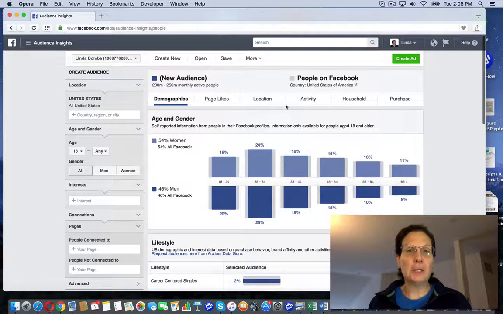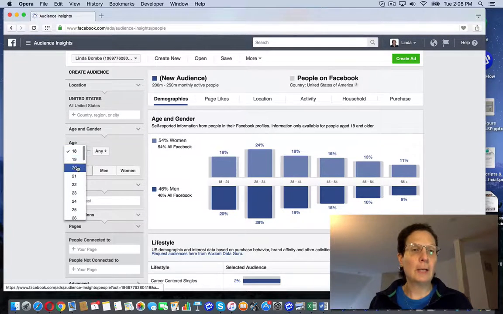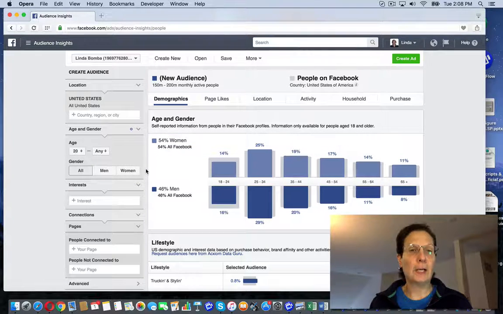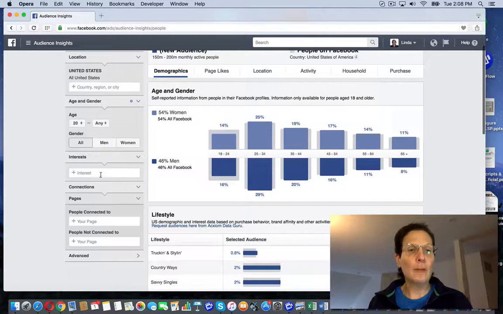You can see here it gives you some different things over here, but usually what I do, if I'm trying to build an audience, is I'll do this first and then go in and create my ad. You pick your country here, you pick your age range, and whether you're targeting men or women. And the cool thing about this is